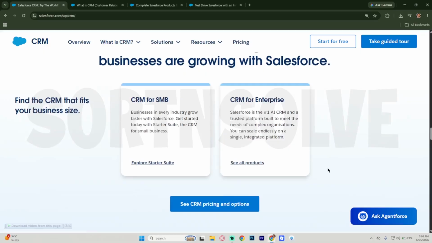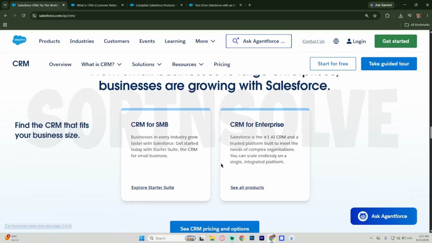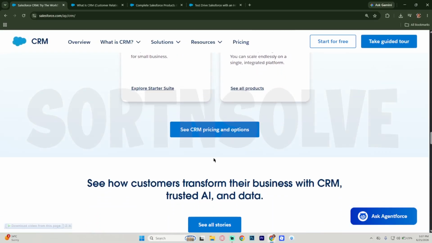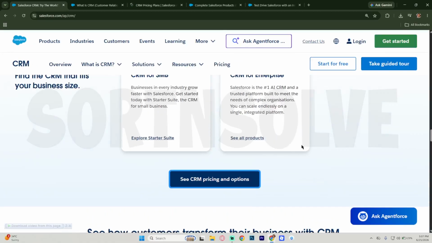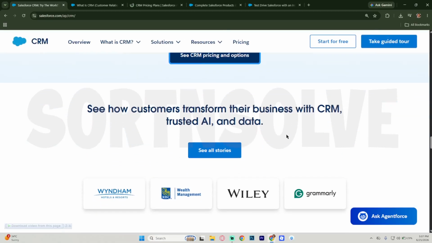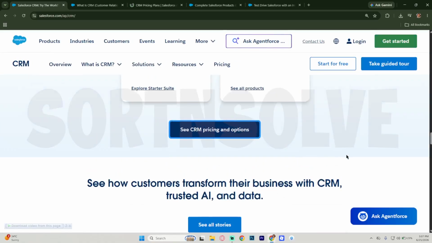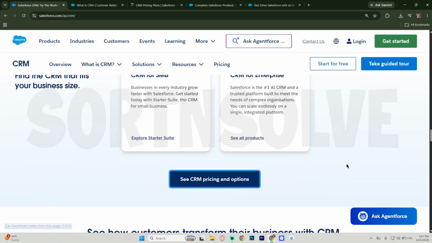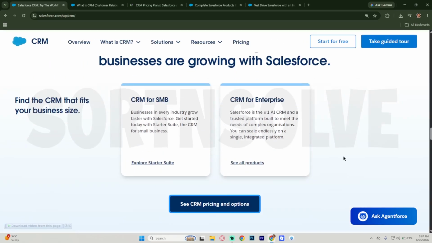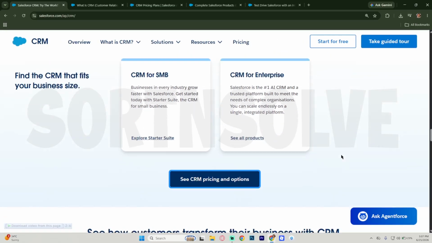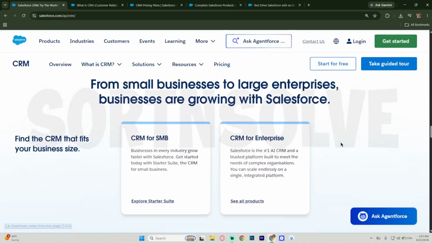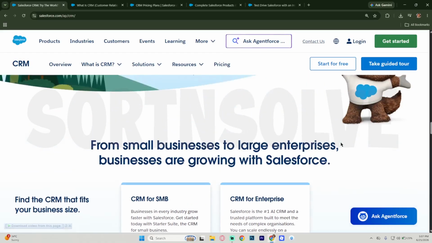A contact represents an individual human being who works at that specific company, such as John Doe, the Chief Technology Officer, or Jane Smith, the Director of Procurement. By separating accounts from contacts, Salesforce allows you to track dozens of different stakeholders working within the exact same enterprise, keeping their individual direct phone lines, personal notes, and communication preferences separate, while still rolling their activities up to the